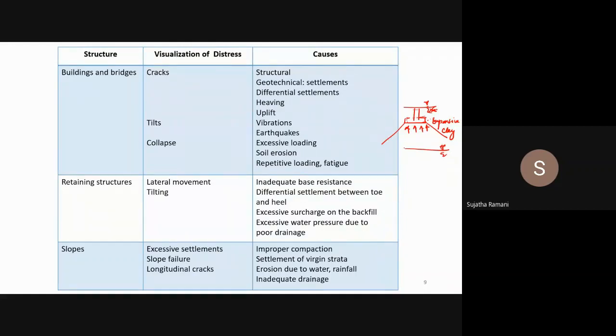So now you see here, as the depth increases, the stresses decrease because of the load coming from the structure. So this is going to be the load coming. So the stresses are increasing. Suppose due to erosion, there is some loss of material here. This material is washed away. So obviously what is happening, this